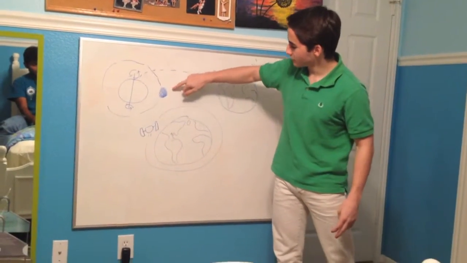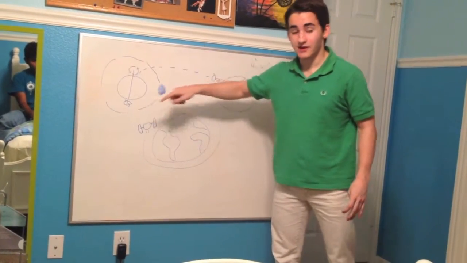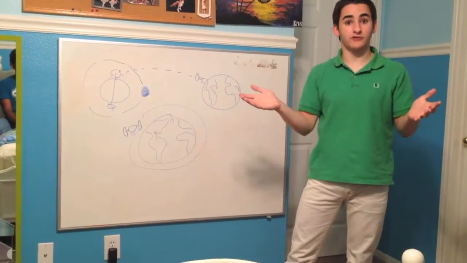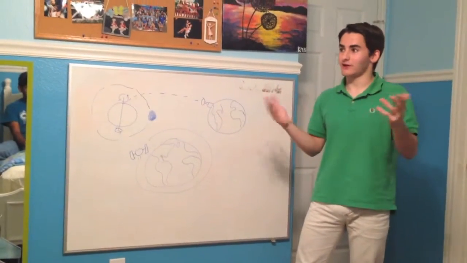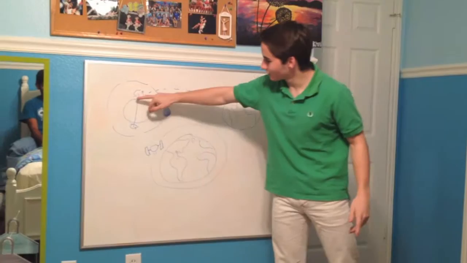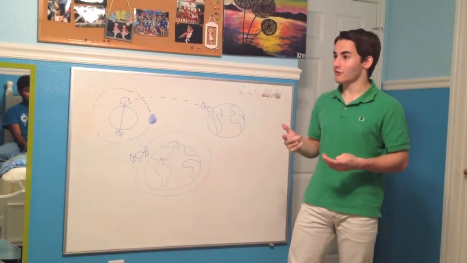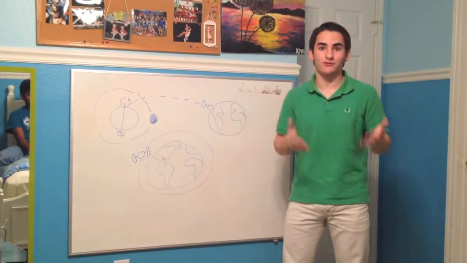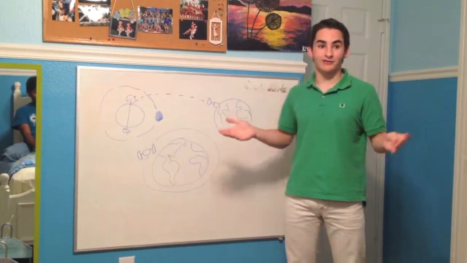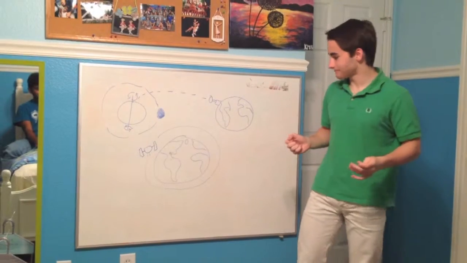You see, as the planet goes around the star, it actually exerts a force back on the sun, causing the sun to do a little, I guess you'd call it a wiggly motion, which is demonstrated here. So the sun is going to move in like a slight circle in response to the planet. So if we can detect that the sun is moving in this little wiggly motion, then we can determine that there is a planet around that star.